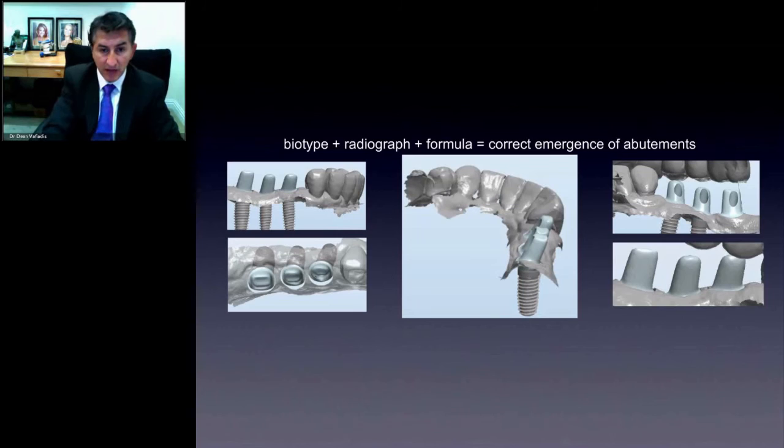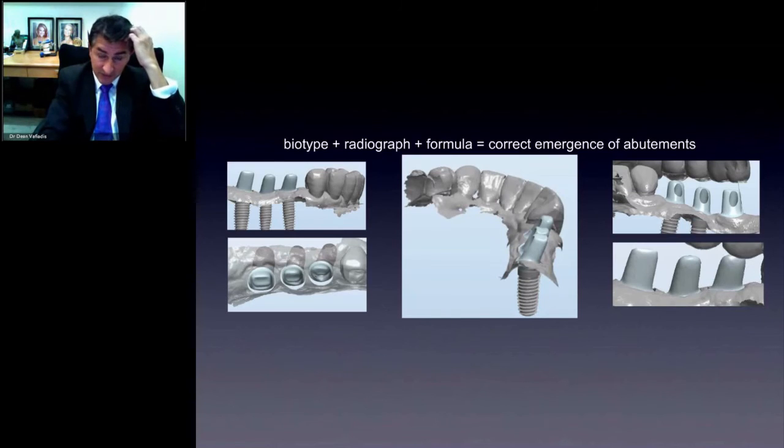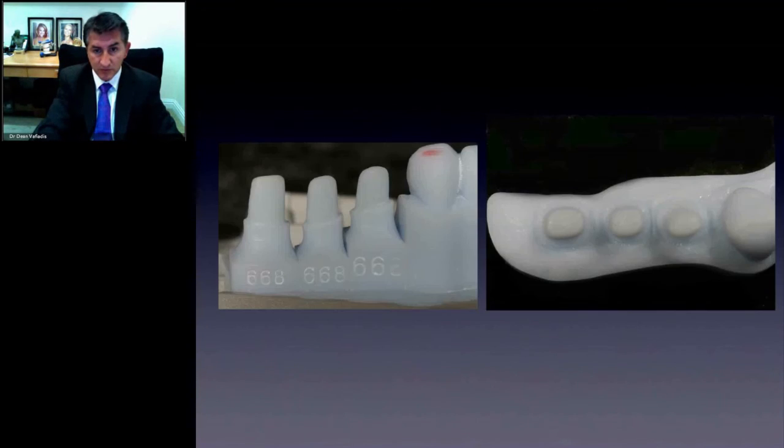So we've developed an algorithm that we'll be able to send to our designers and email to our doctors, and they will be able to predict closely, not perfectly, but pretty closely, where those abutments are going to end up. And you can see the different designs here based on all the formula and the radiographs. Now what happens is